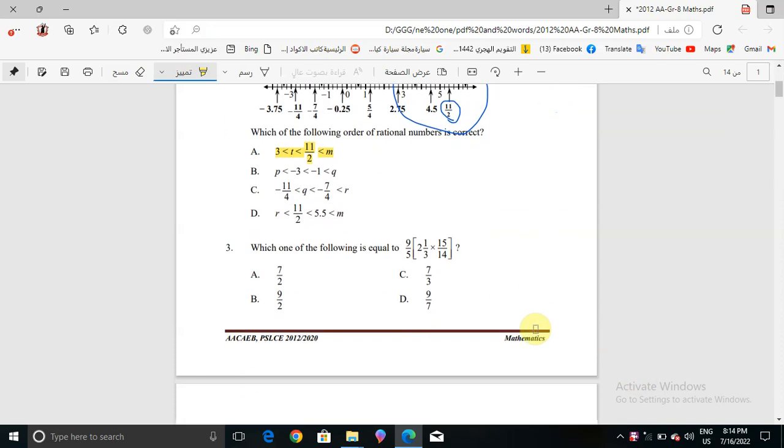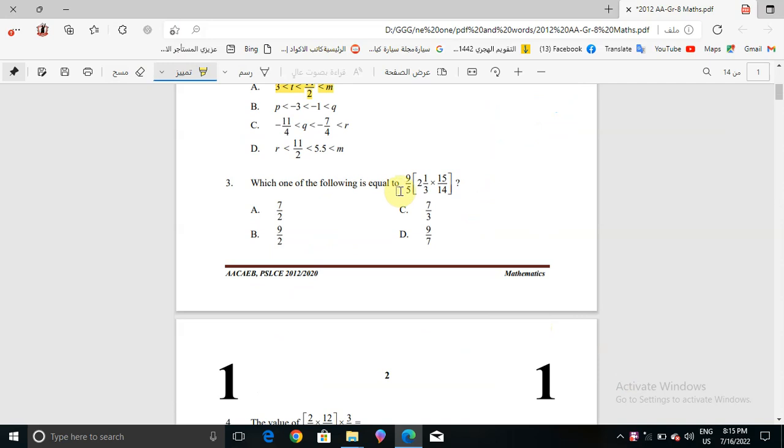Okay, now question number 3 is asking: which one of the following is equal to 9 over 5, in brackets 2 and 1 over 3 as a mixed fraction, times 15 over 14. Now what we will do here, first of all we will write 9 over 5, times 2 and 1 over 3, times 15 over 14, right? Okay, first of all, 3 times 2 is 6, 6 plus 1 is 7,